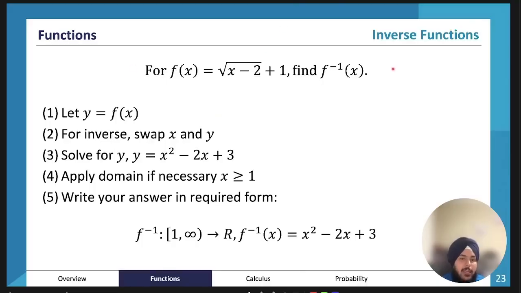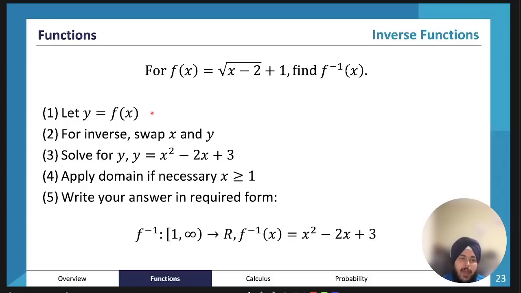So here is a quick example of a question you might get. For f of x equals root of (x minus 2) plus 1, find f inverse of x. What we might do here, first of all, is notation again is really important. So the first step would be to let y equal f of x. We literally write let y equals f of x